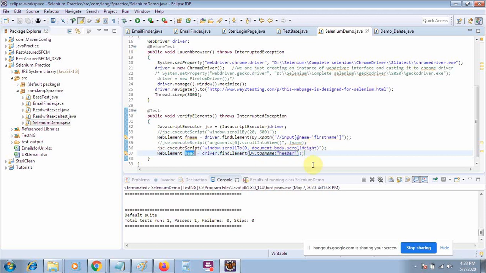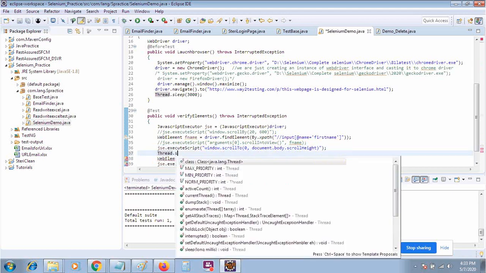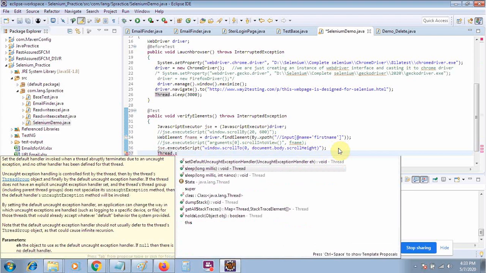I will find the header which is the head of the HTML page, and by using this header we will scroll up to the top of the web page. Again same thing I will do like this, and here I will pass the head. Let me put here some wait so that we can see how it is scrolling.